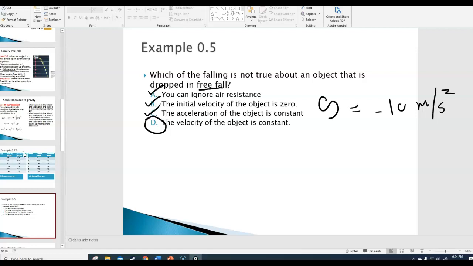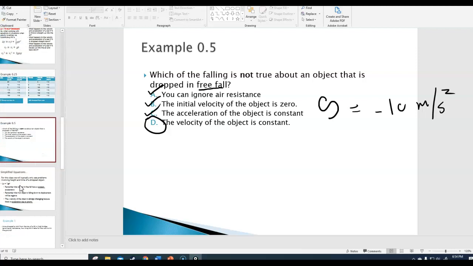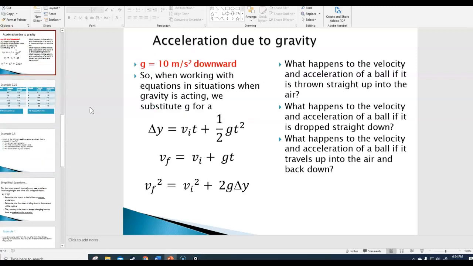Okay, so that was a little concept question. So let's move on and do some calculations. All right, now I said before that basically the equations that apply for free fall look very similar to the